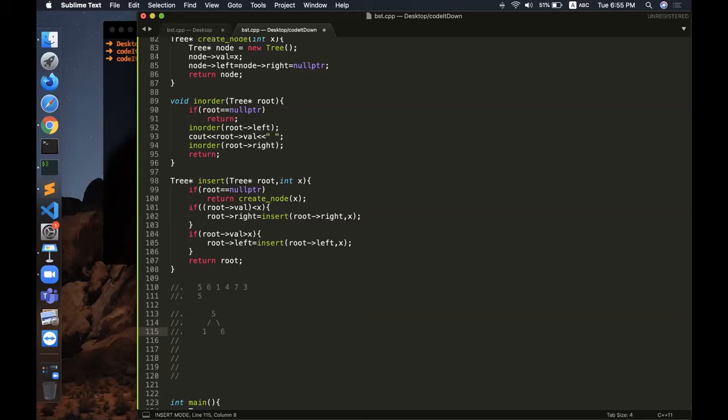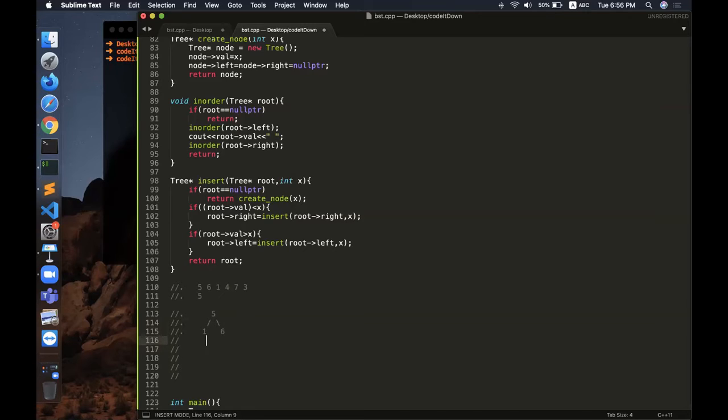Now let us talk about 4. I'll check at root. The value at root is 5, but 4 is lesser than 5. So I'll go to 1. I'll compare 1 with 4. 4 is greater than 1, so I'll go to the right subtree of 1, but there is no right subtree of 1. It is null. So I'll create a node here.